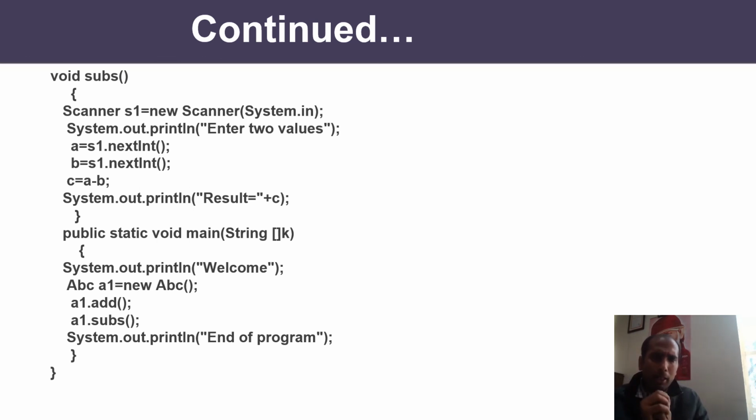Still, I am not able to think why, if main is also defined inside a class, I am unable to access this ABC inside the main method. So I'm stopping today, and I'm giving you this task: execute this program, try to access this ABC instance variable inside the main method, and just see what error is coming. Definitely you will see it written as you are accessing non-static variable in a static reference. Try to explore on Google, and when I tell you about the resolution of the problem, you will automatically understand why I'm creating main as static.